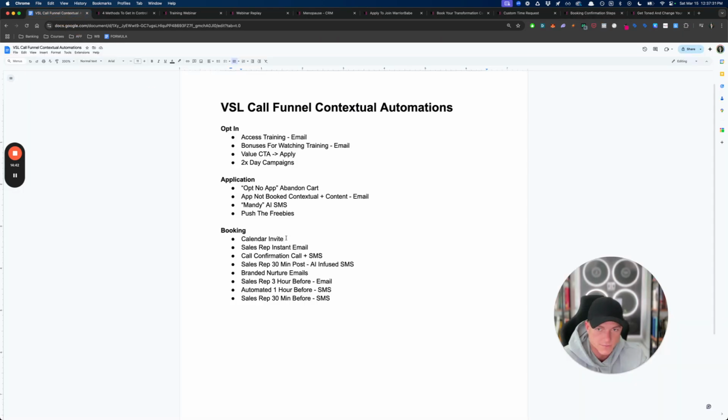So going back to this, first thing they're going to get is a calendar invite and land on that page, right? Then an email is going to come from the sales rep dynamically that it was assigned to through Calendly. So from HubSpot, it's going to send them an email that's going to say, hey, basically like